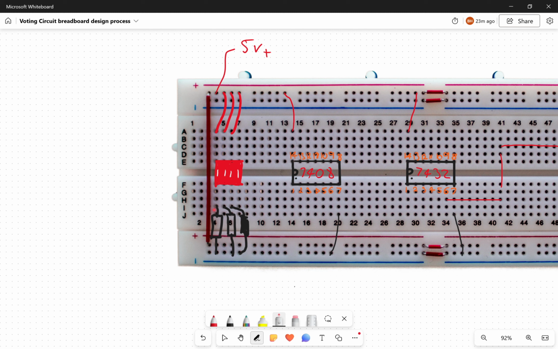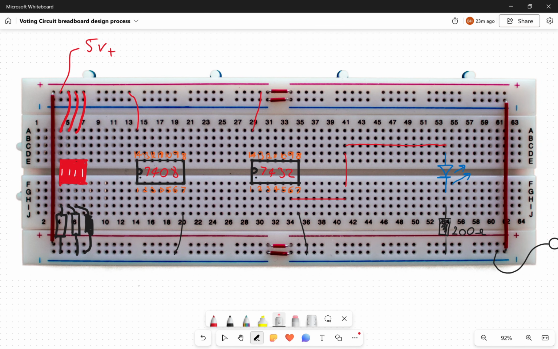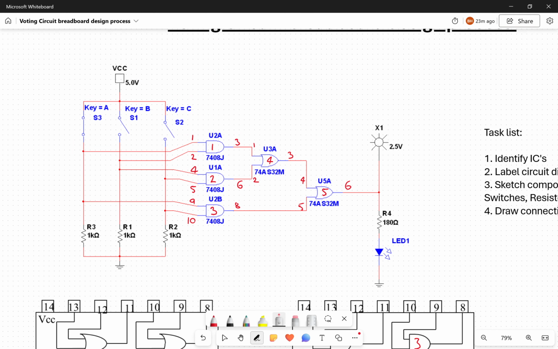So essentially what will happen is when we flip one of these switches, we'll either get a logic level 1 or a logic level 0 at this point, and we'll then start to wire up the input signals going into the corresponding input pins of the logic gates. If we do that in the correct order, we will then be able to get the circuit working as simulated above, like that. So what we're going to do first is we have got